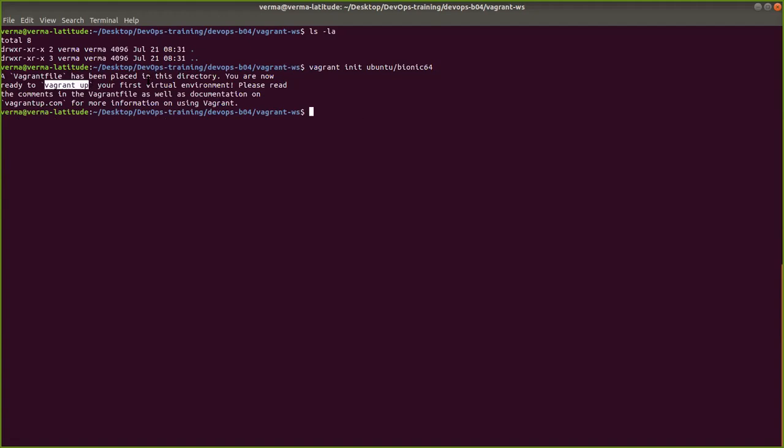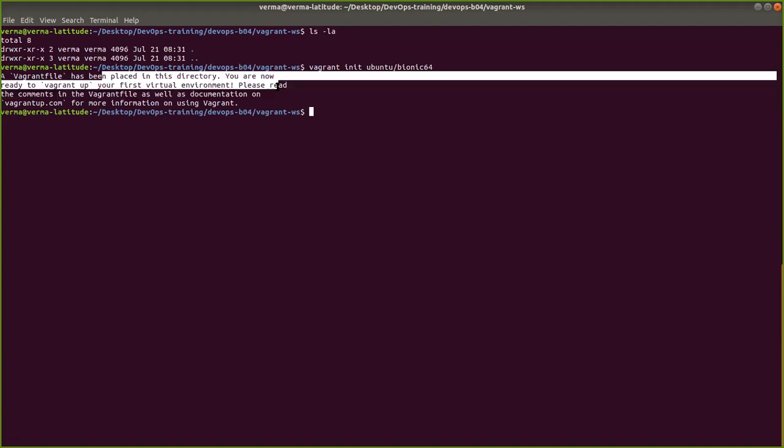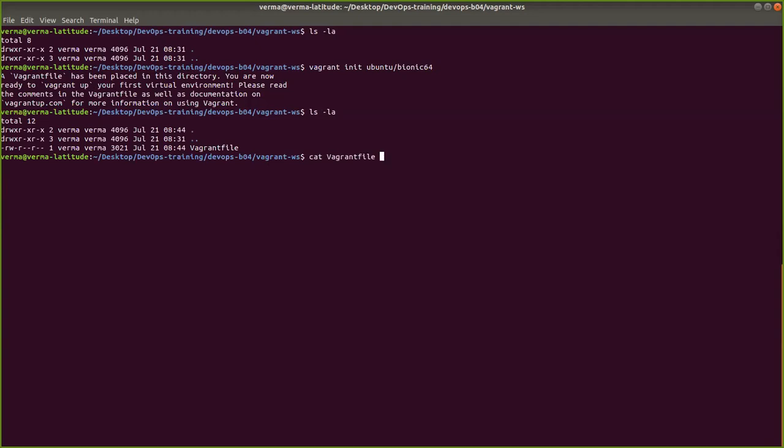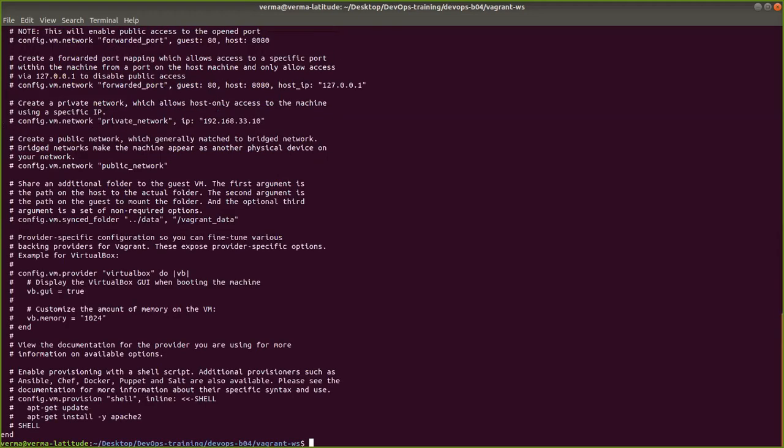The first virtual environment will be started. Okay, so if I now do ls -la, I will see that Vagrantfile, correct? And in this Vagrantfile, if I do cat, meaning I want to read it, this is the content of this file.